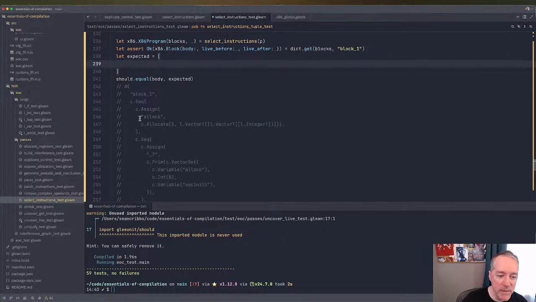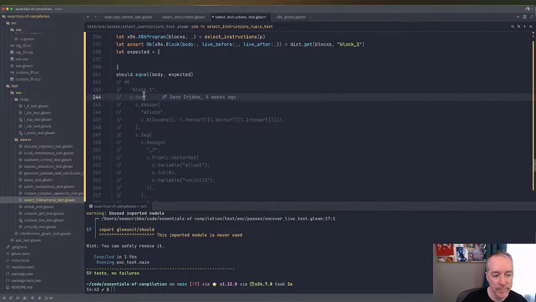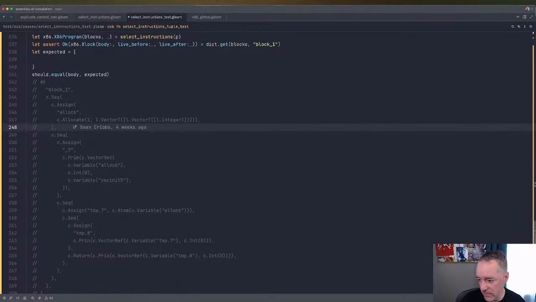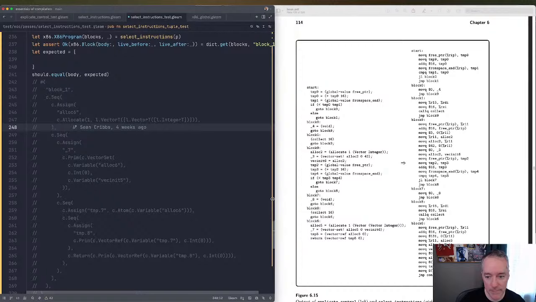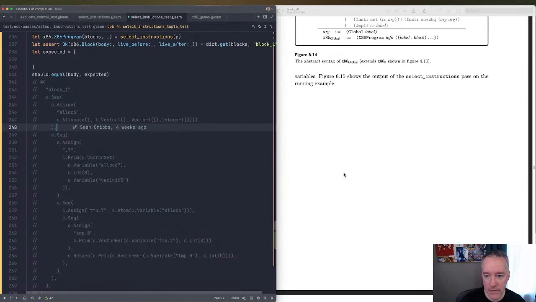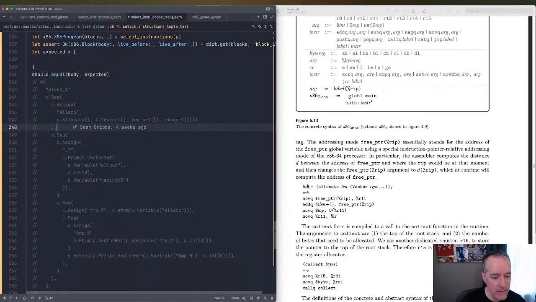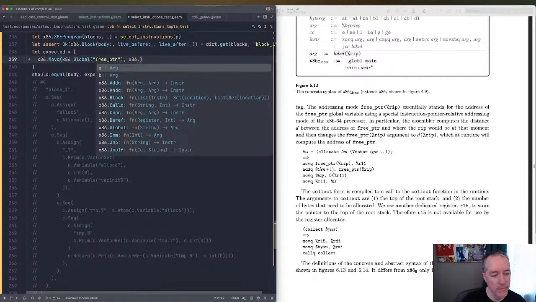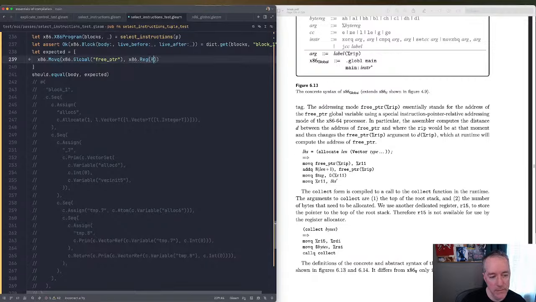So we expect, and we might be able to do this by looking at the book while we're working on this test. Let's go back up here to where they're talking about this. So allocate is going to be like this. So we're going to expect move q from free pointer into register R11,